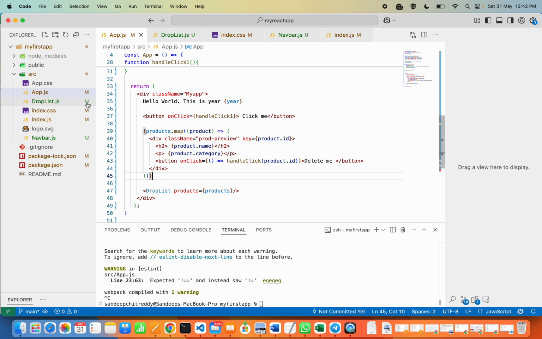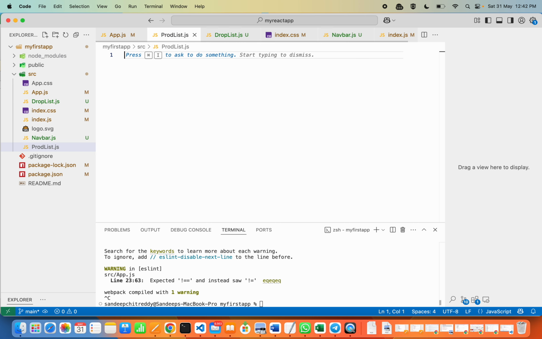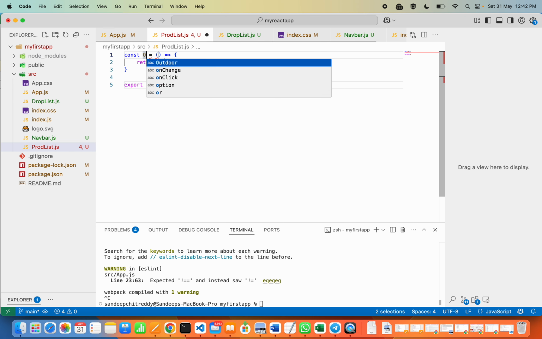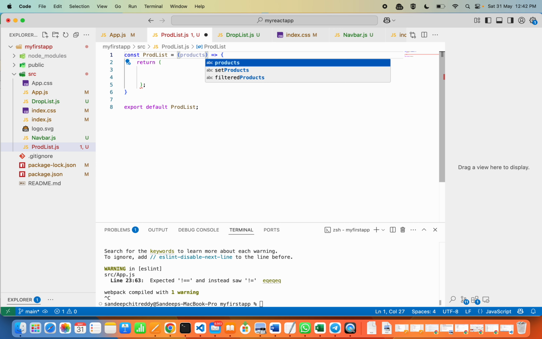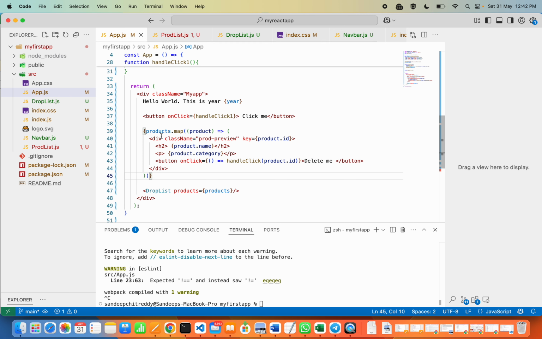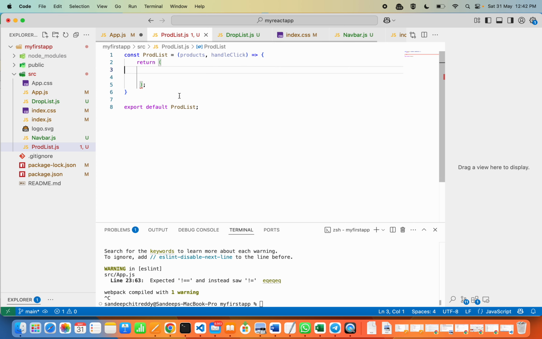I'll call that prod list. So let me just create a new file in src named prodlist.js and type sfc and name it as ProdList, and here inside the return we would like to enter the code, but we need products as input and also handleClick as the input. So save this and just copy this content from here, and completely everything we can copy it from here and you can place it inside this